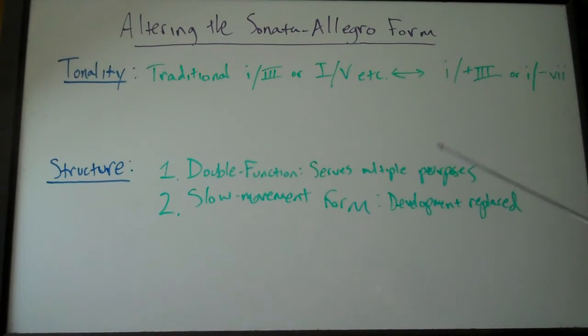So the structure of the form itself, there are two major ways that this has been altered while keeping the effectiveness, like I mentioned, of the form. The first is what's called double function form. This was a term coined by a musicologist in the 1800s, because after analyzing works like Liszt's B minor sonata, Schubert's C major Wanderer Fantasy, or even Schumann's C major